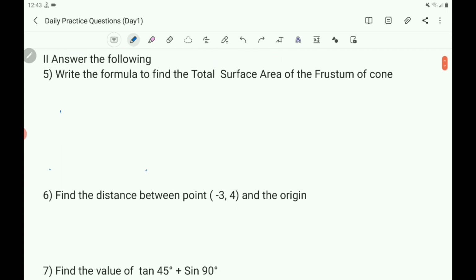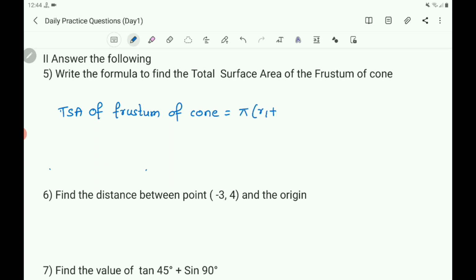Then the fifth question: write the formula to find the total surface area of the frustum of a cone. That is the formula, you know, TSA, total surface area of the frustum of a cone equals, what is that? Pi